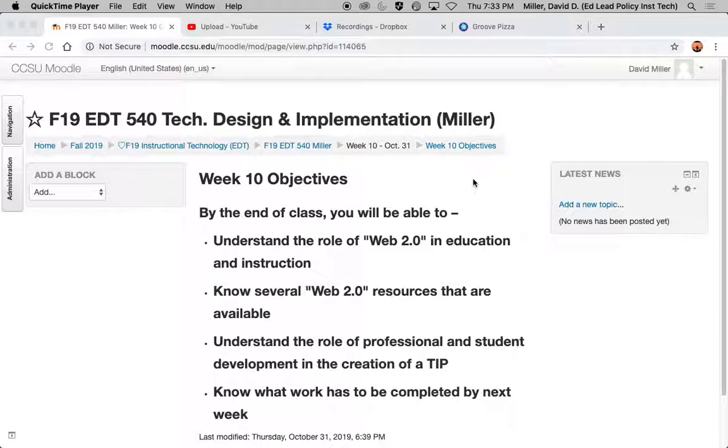Just to go over and review, and pretty much from here on out, we're right in line with what the original syllabus said. Next week, we are not here on campus. There will be an activity on the Moodle for you to do. The one difference, and I'll talk more about this later, is that there will be a synchronous activity, meaning that you will have to be online at a certain time to work with other students in the class. Because one of the final Moodle activities I want to show you is the chat activity.